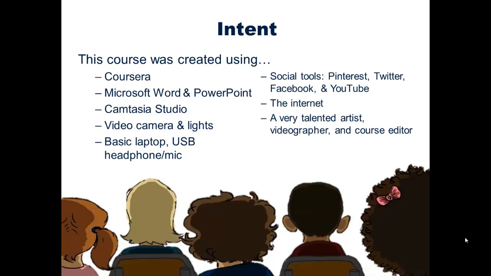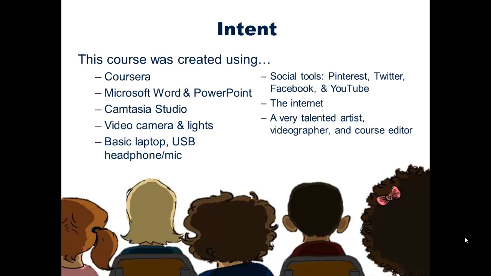Now, many of the MOOCs that you may have experienced had teams of people behind them helping them to develop them. Once again, I wanted to make this incredibly realistic and tangible for you if you wanted to replicate any of the ideas that I'm presenting or using in my manner to teach this. So I had one videographer only. He helped me do those face-to-face videos.